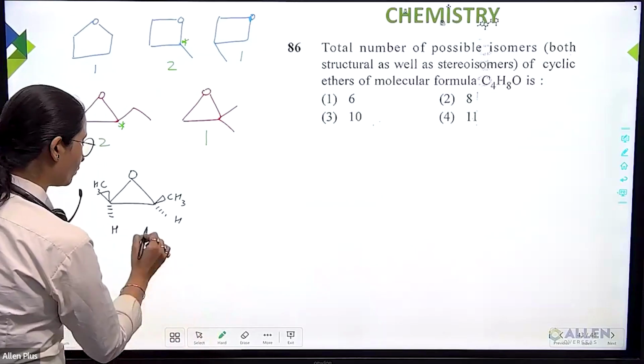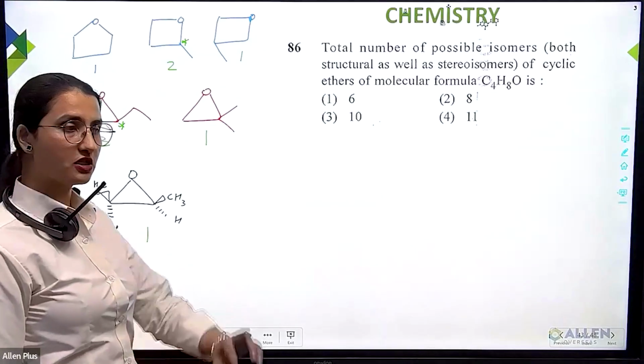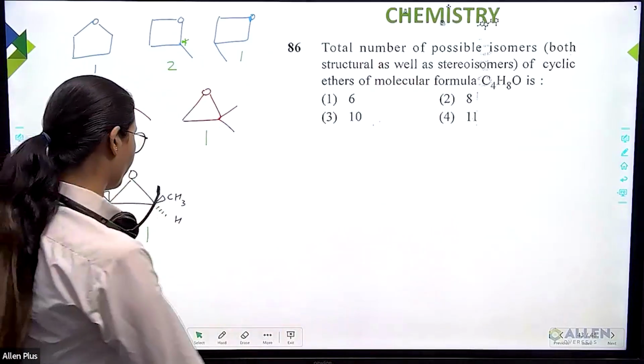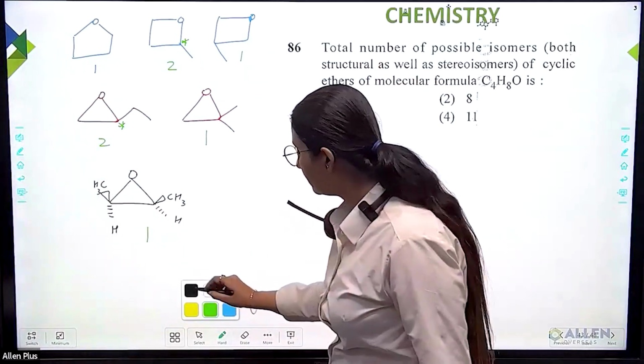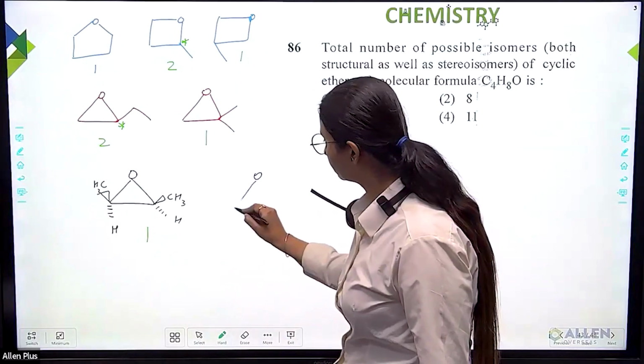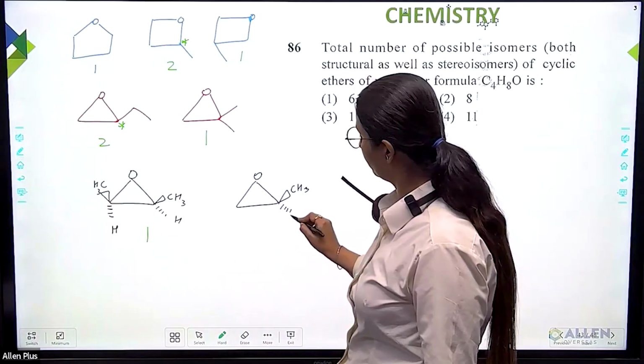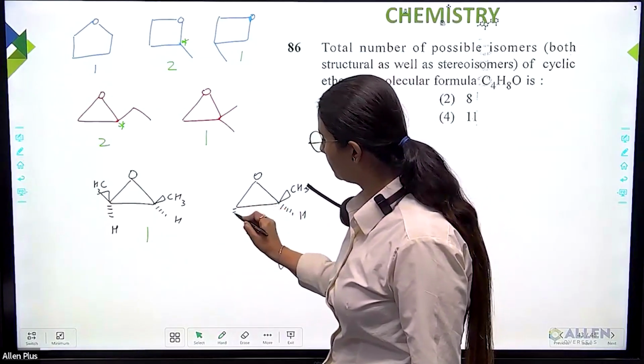Yes, this is one isomer, cis. Because, students, geometrical and optical are both stereoisomers. This is the cis form. Now I am drawing the trans form. See, one carbon has a methyl group up. The other carbon has, students, a methyl group down,